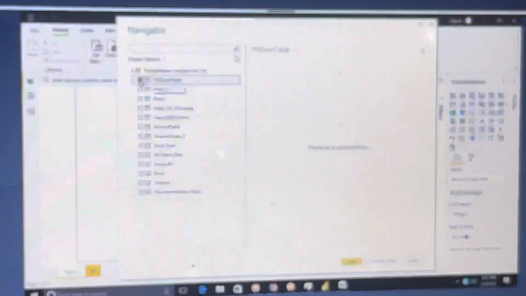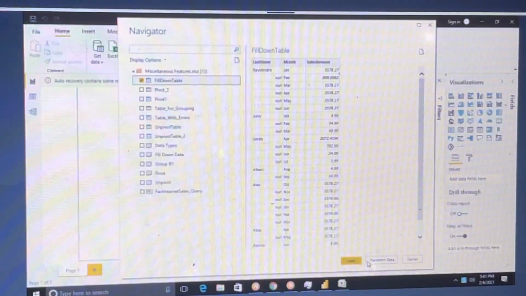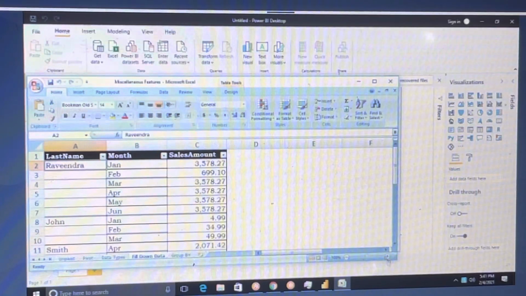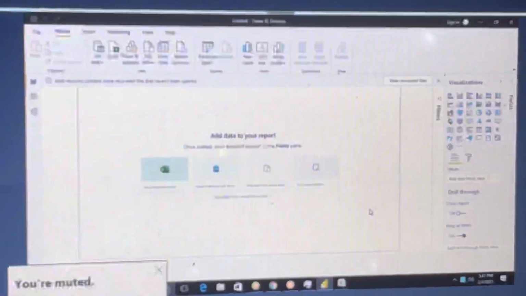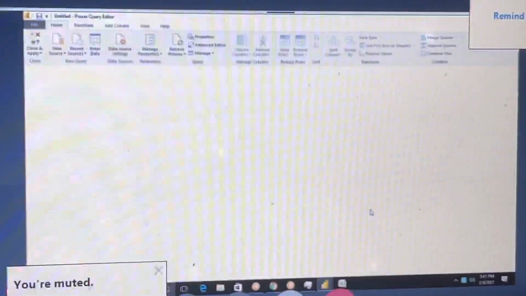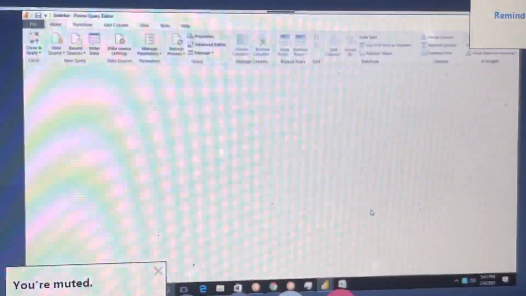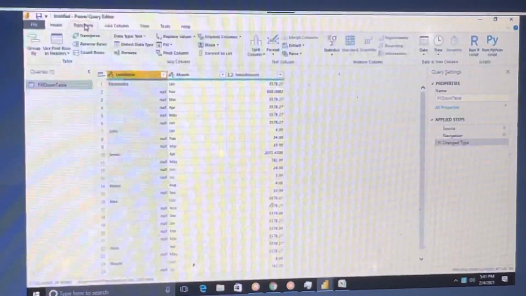Take that fill down thing and click on transform data. And here somewhere you can see that option, go to transform.